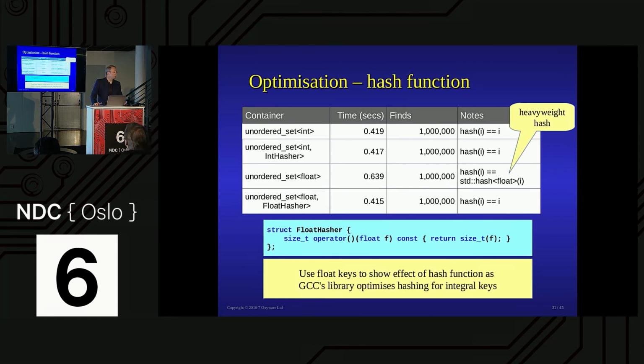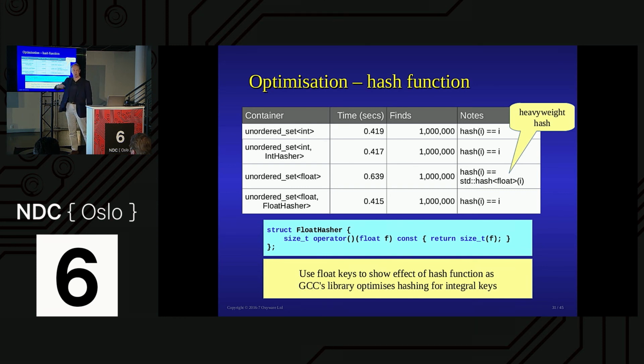Hashing. Hashing can be a lot of fun. There's some optimization about the hash function. And hashing functions, you need to know about how well they're distributed, how well they split things up. Well, the GCC library says if you give me an int, it knows, I don't need to hash an int, I'll just use the int. So actually it does no hashing at all on int. And if I try to provide an int hasher myself that basically does the same thing, it gives that result.